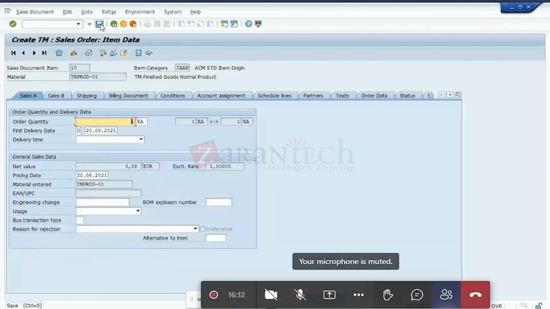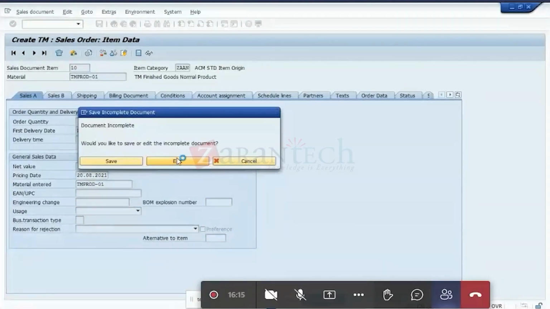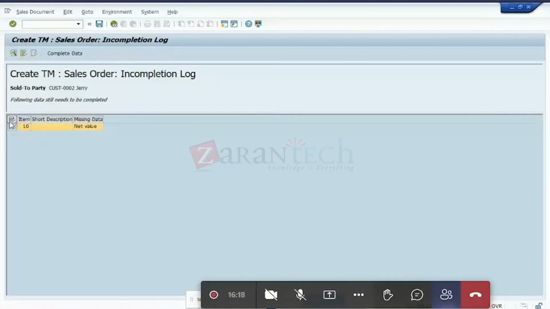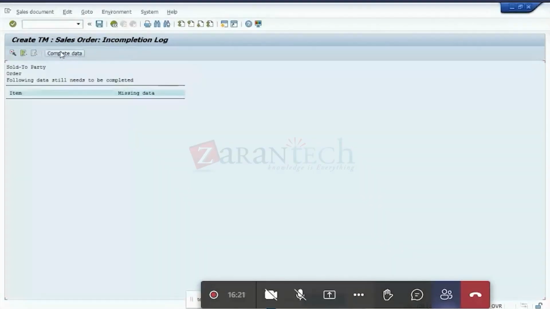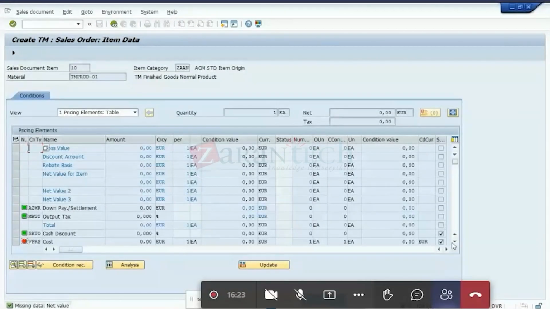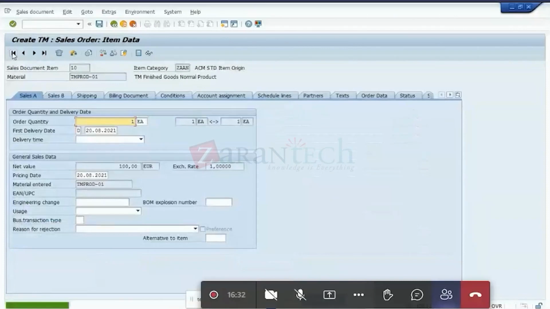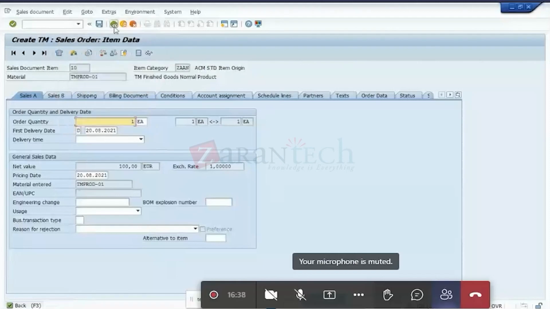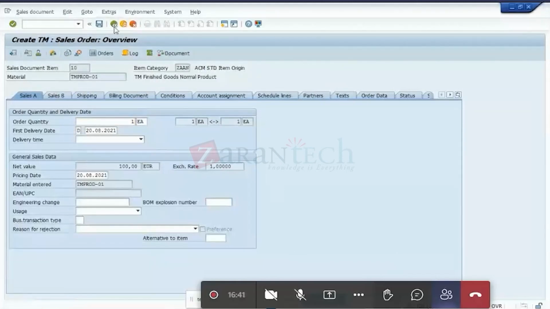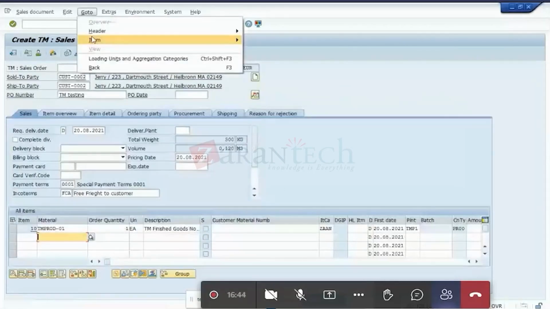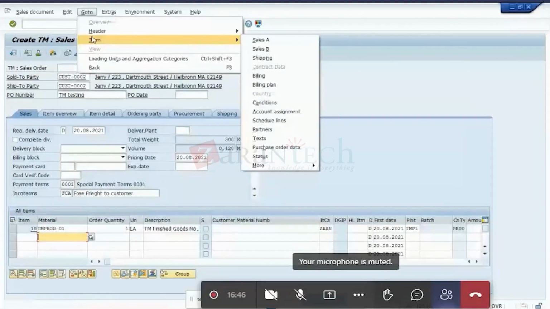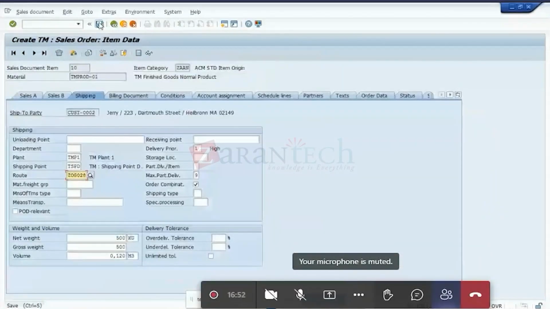And I just click on the save button. Then the system will do a check here. I'll just put in a condition type, and just for my purpose, I also put in some route here. And I click on the save button. When I press save and go into display mode,